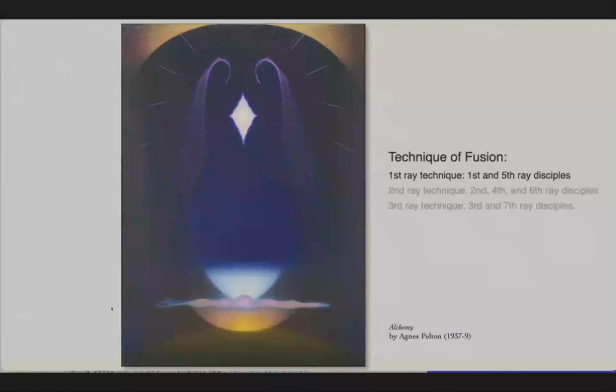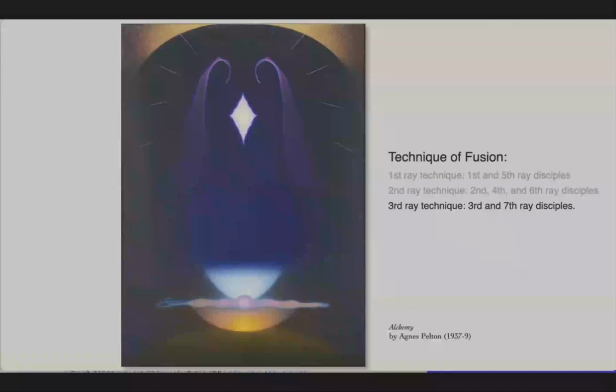First and fifth ray disciples use the first ray technique. Second and fourth and sixth ray disciples employ the second ray technique. And presumably, though DK doesn't specifically say, seventh ray disciples also use the third ray technique. But since we don't know what these techniques are yet, you just have to hold that